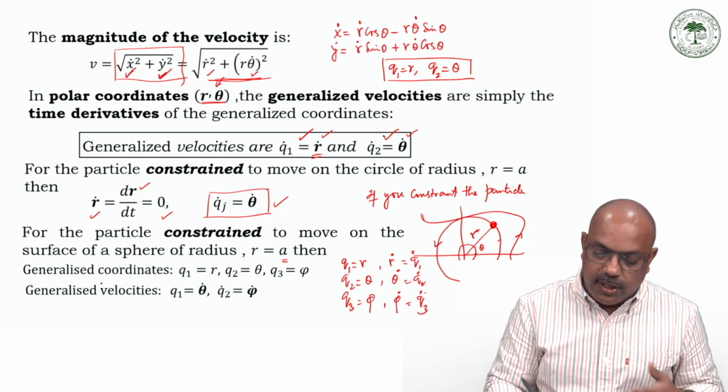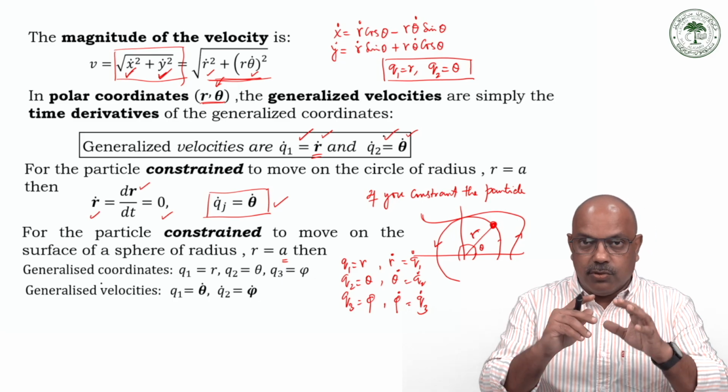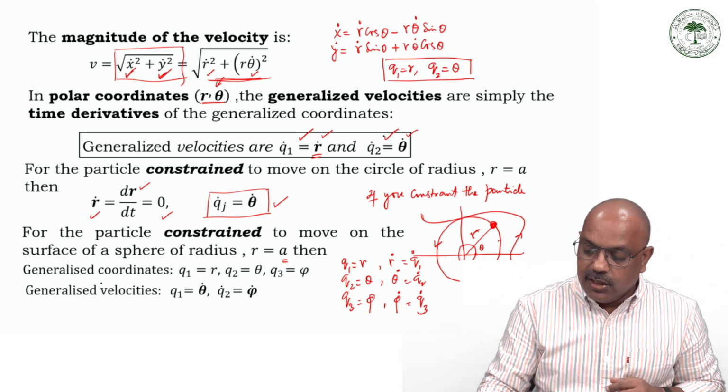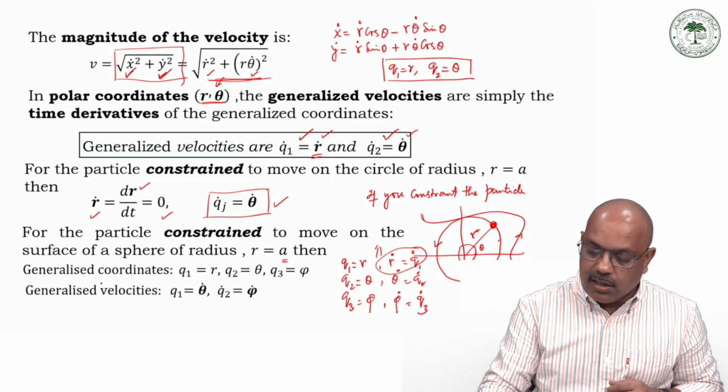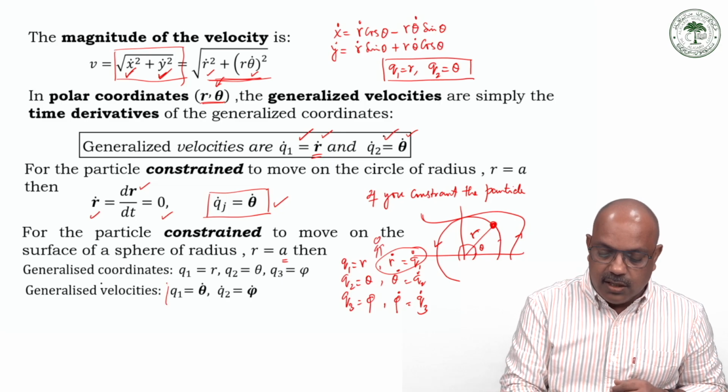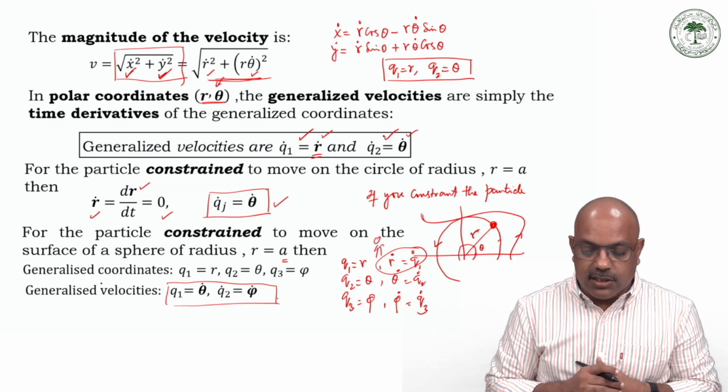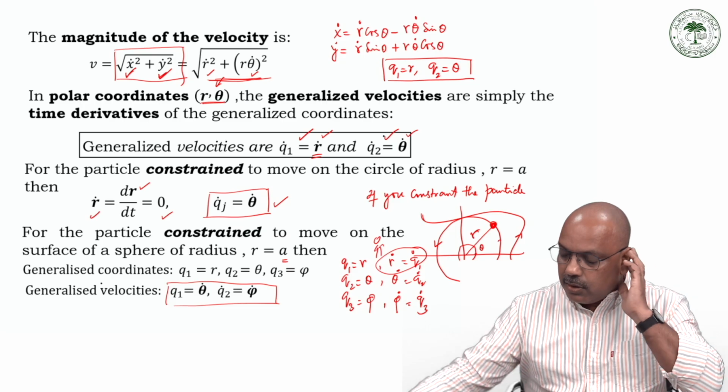So the moment you constrain the system, so the particle has to move on the surface of the earth, this is going to be 0. So I just have the generalized velocities as theta dot and phi dot. Okay,